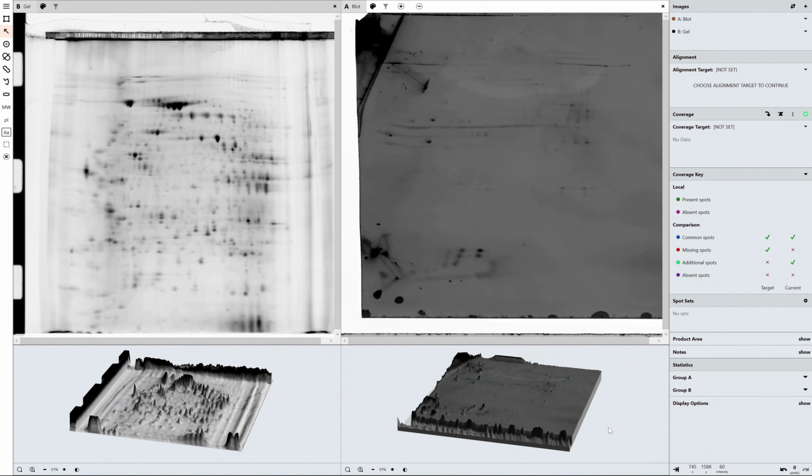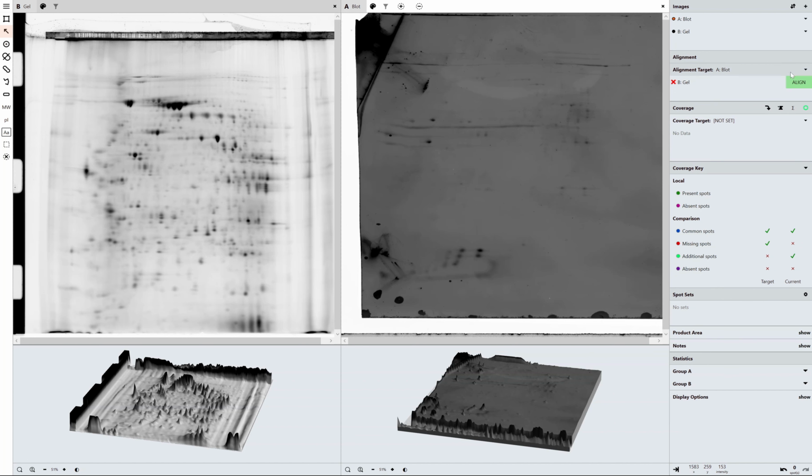So first thing I'm going to do is, I've obviously got my gel and blot pair here. So 2D gel and 2D Western blot, rather than a 2D DIGE technique. No multiplex, the classic gel versus blot pair. The first thing I'm going to do is simply align my images. So alignment, and in particular our pixel level alignment, is one of the features that we've got to try and reduce inter-operator variability. Now, I'm going to align my blot to my gel,